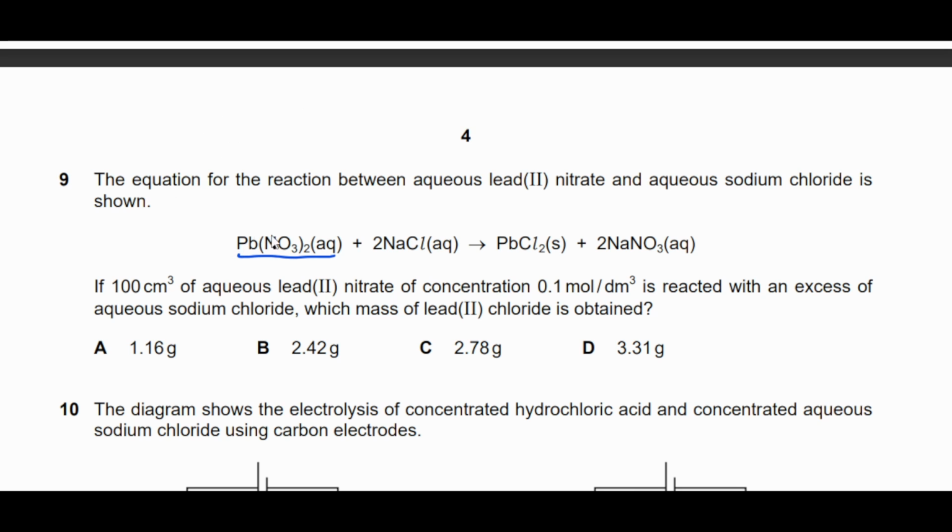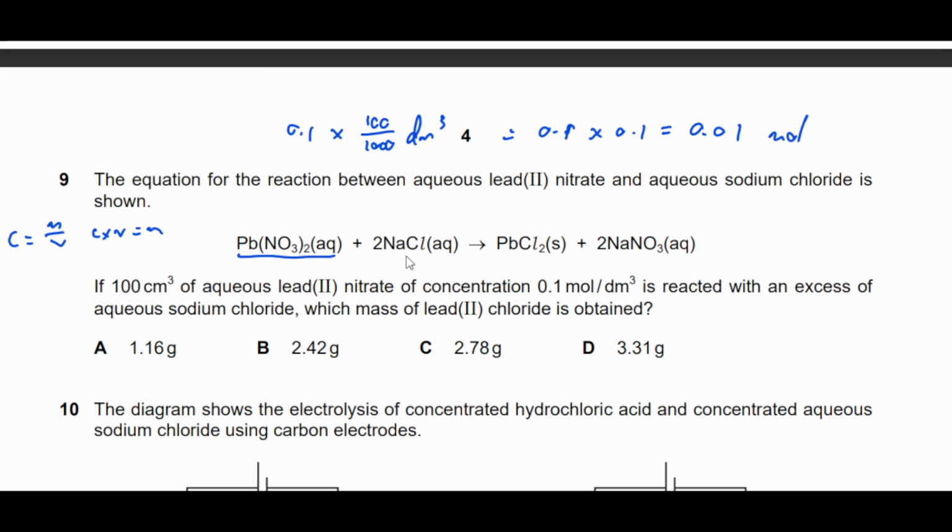So first step, you have to find the moles of this, right? How to find the moles? Since concentration equals mole over volume, to find moles, you take concentration times volume equals mole, right? So 0.1 mole per dm³ times 100 cm³, which is essentially 100 over 1000 dm³. So 0.1 times 0.1 will get you 0.01, and this is the amount of moles of lead nitrate you have,